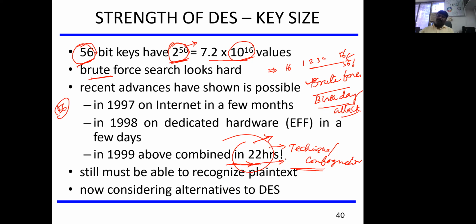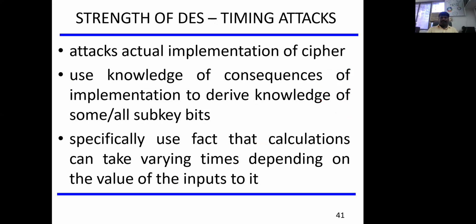When we talk about the birthday attack, the attacker does not have any idea about what type of encryption or what type of key is used. It is completely blind, but he will try through different techniques. He will identify the correct technique, and then identify the correct key which is used for the encryption and decryption process. I hope this is clear.